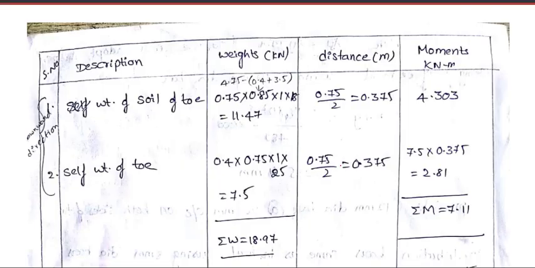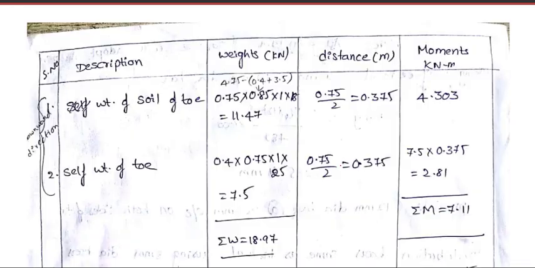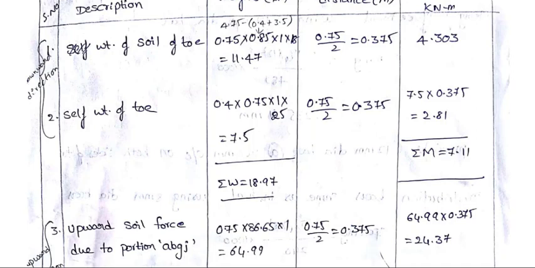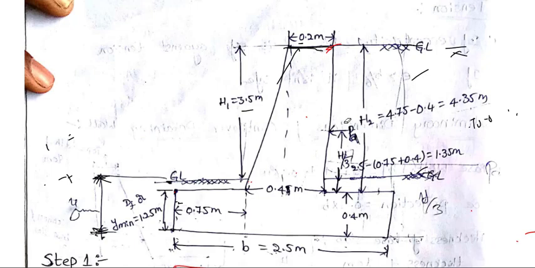So that's it. And next one is design of toe slab. For design of toe slab, follow the same procedure. Now here in the toe slab also some downward force and upward force are there. So what is the downward force acting? Here you can see, when you are considering this heel side, you can see some backfill and this toe slab weight and this soil fill. The soil filling also we need to calculate.